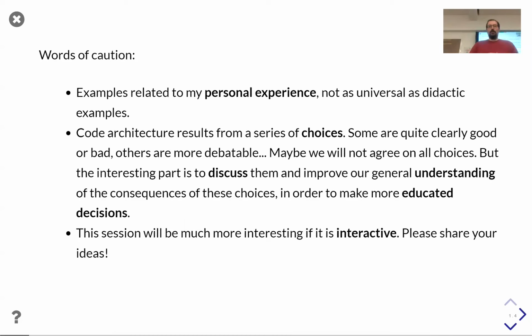A few words of caution before beginning. As I said, these examples are related to my personal experience, so they are not as universal as didactic examples that are aimed to speak to everybody. And a second word of caution is that, of course, when we do software architecture, we always make a series of choices, and it's not always black or white, good or bad.